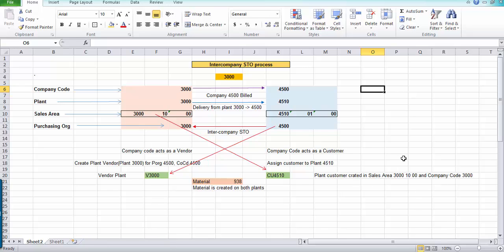So basically, let me explain the business scenario, the background for this process. Why do we need a stock transport order process, and what is the difference between the intercompany sales process and the stock transport order process? Basically, these are two different processes. Keep that in mind. The intercompany sales process